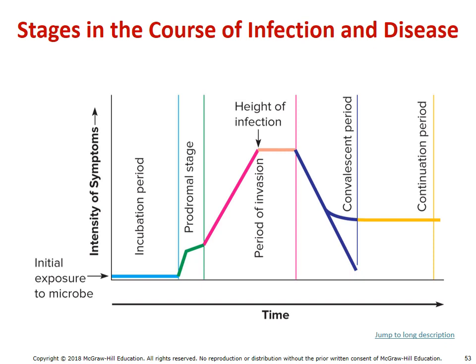But then as the infection keeps increasing, we start to see a significant increase in symptoms as well. And as we said before, there tends to be this kind of breaking point at the height of infection. And you either die here or things start to get better. And so you can see here the immune system is starting to kick in, signs and symptoms are leveling off as microbe numbers are starting to level off, and then we go into that convalescent period where things start to get better. There is a situation where potentially you get all the way better, or we see the microbes start to plane back out as they start to overcome the immune response again.